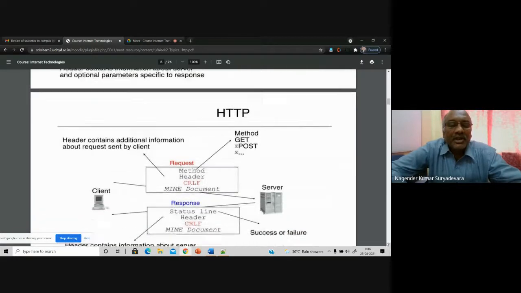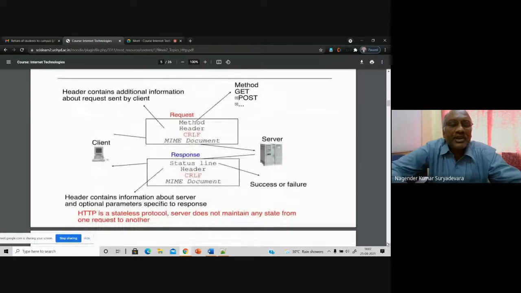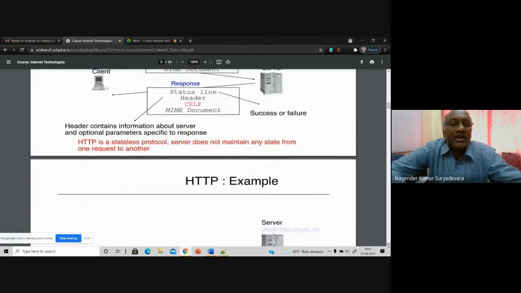Here we will see some of those examples, and before you proceed there is some more information you need to be aware of regarding HTTP. HTTP is a stateless protocol. Please remember, whenever requests are made to the server, it does not maintain any state of information from the client. The state information is not retained by the server. That's why we call HTTP stateless.